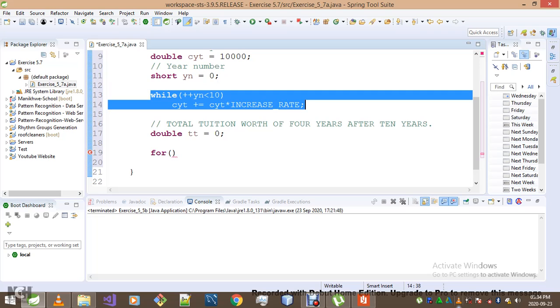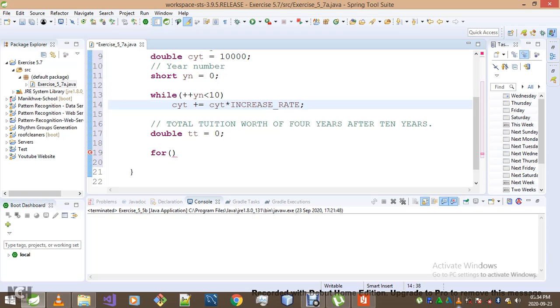This over here will actually give us the final tuition after 10 years. So once we're done with it, we now want the total tuition worth after 4 years. Okay, once that 10 years is over, now we want the sum of the tuition worth